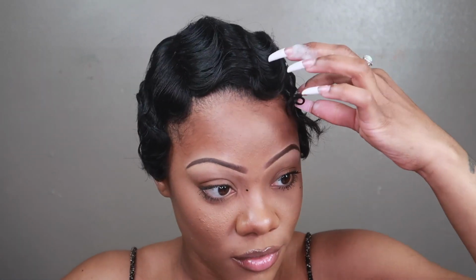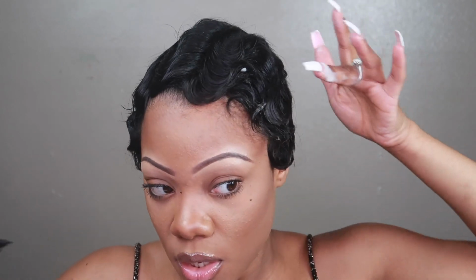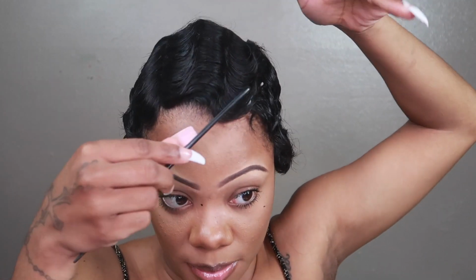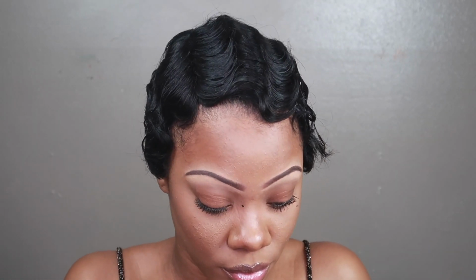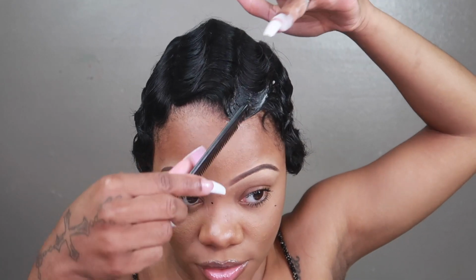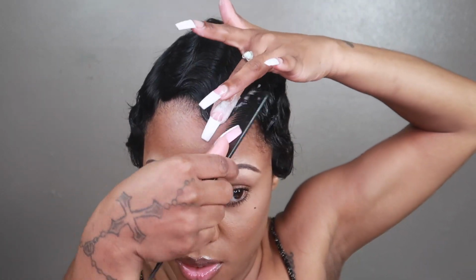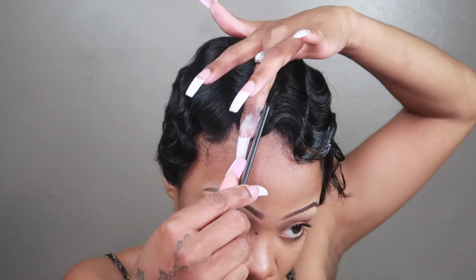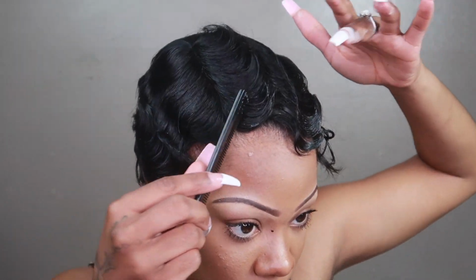And you guys know, if you don't know about this hair, if you literally comb this hair out, you're messing up the movement in the hair. So I'm not trying to mess it up. I just want to bring some of the